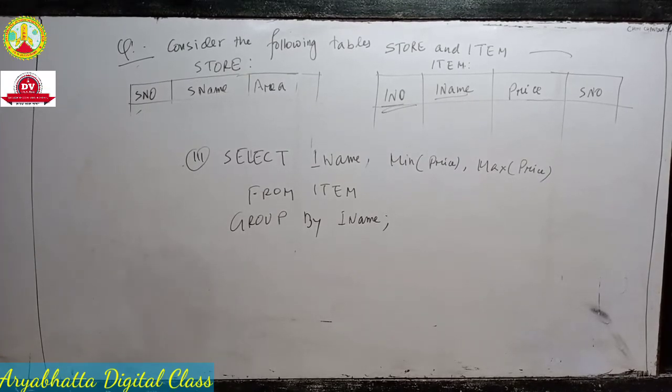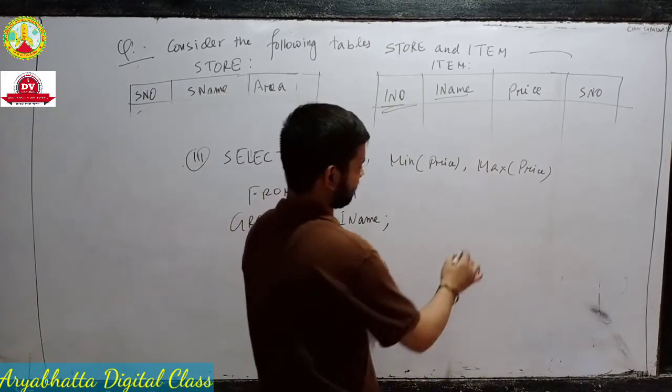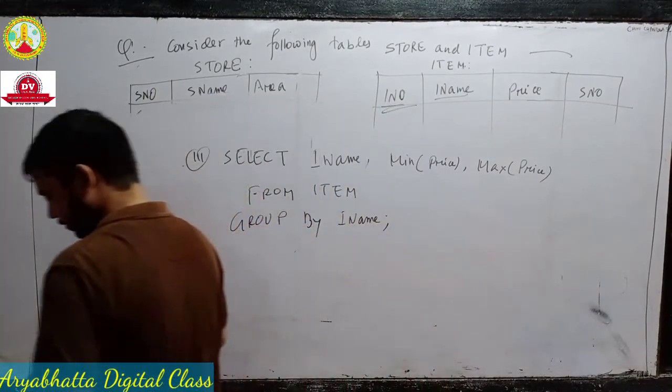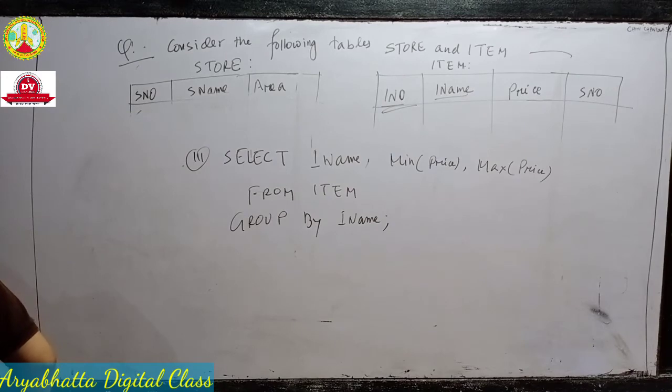Individually, the minimum is coming. Suppose the item names keyboard, mouse, you see, that is minimum, or motherboard, LCD, that is coming in maximum, like that. Okay,